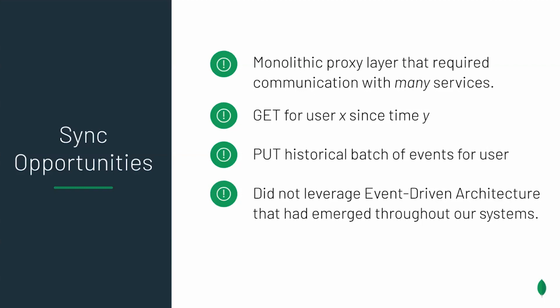That can be a lot of data if you're thinking about the last year. Initial sync is obviously a big challenge because somebody downloads your app for the first time. They've done a ton of things on the desktop side. Now when they hook in the mobile app, they have to get all of that year's activity. Whoa, that's a lot of data. Furthermore, because we're doing all this through HTTP, we had not yet fully realized the event-driven architecture that had emerged throughout our systems since we built this system.